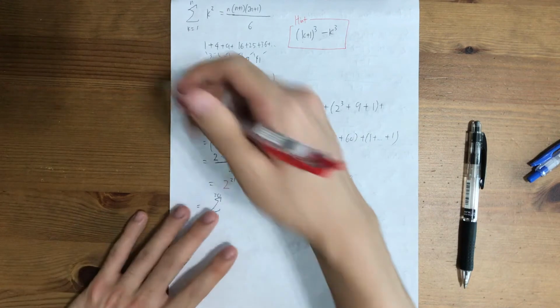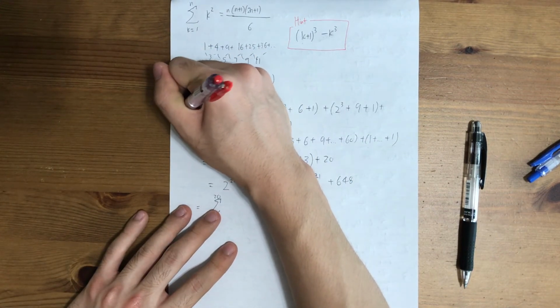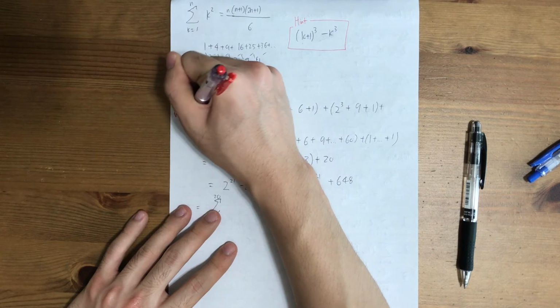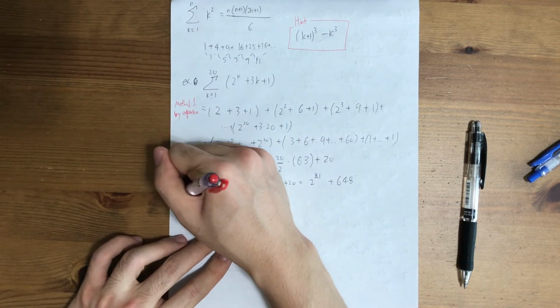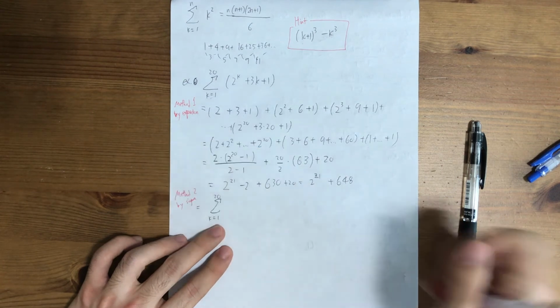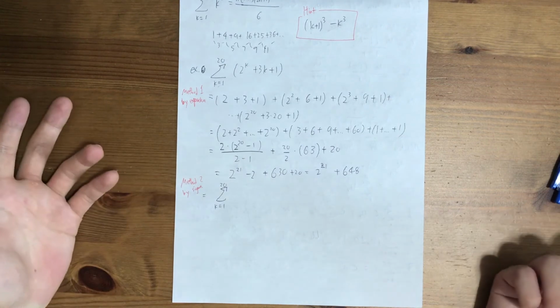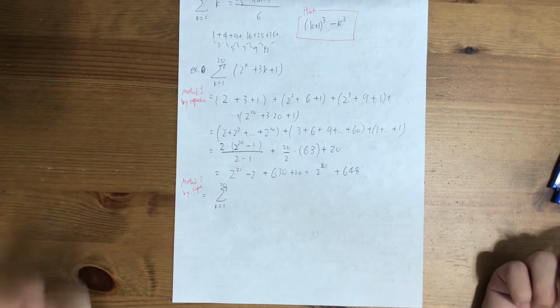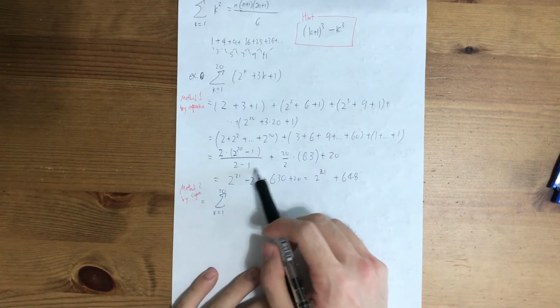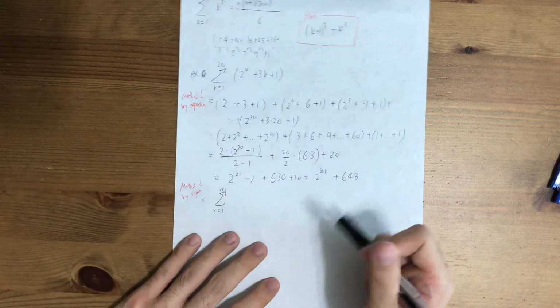Okay, so this is method 1 by expansion, and method 2 by sigma. Well, but for method 2, you still need to expand it out, to be honest. I mean, you don't really have to expand it, but you still have to use the formula for sum of